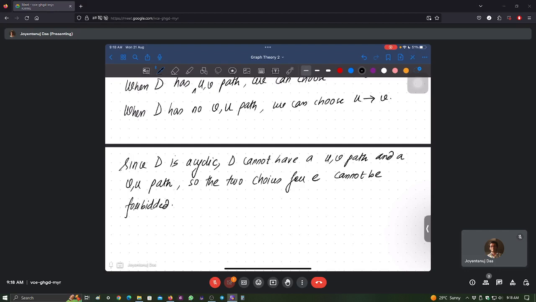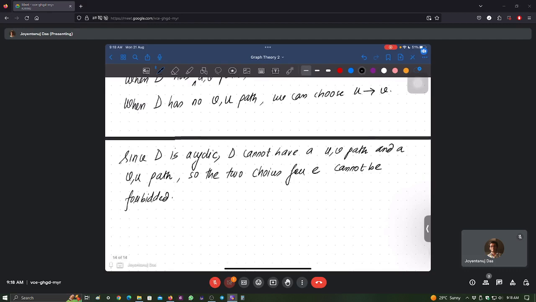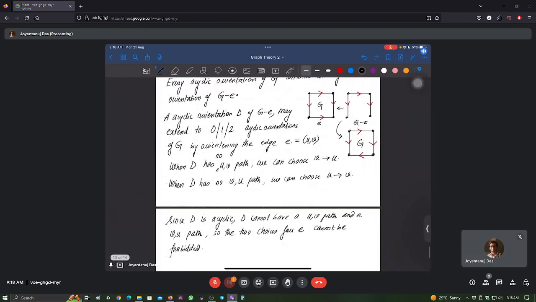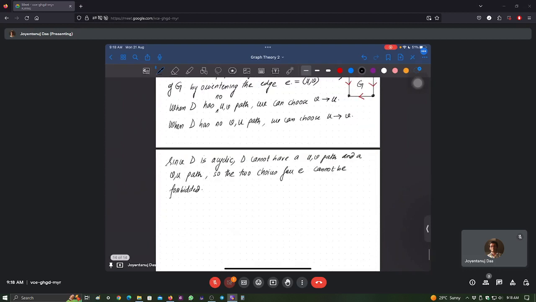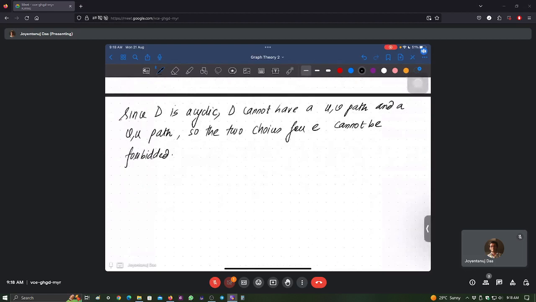So hence we can at least extend the orientation from G minus E to the original graph in at least one way, right? So that is what we are saying. So every D extends in at least one way,